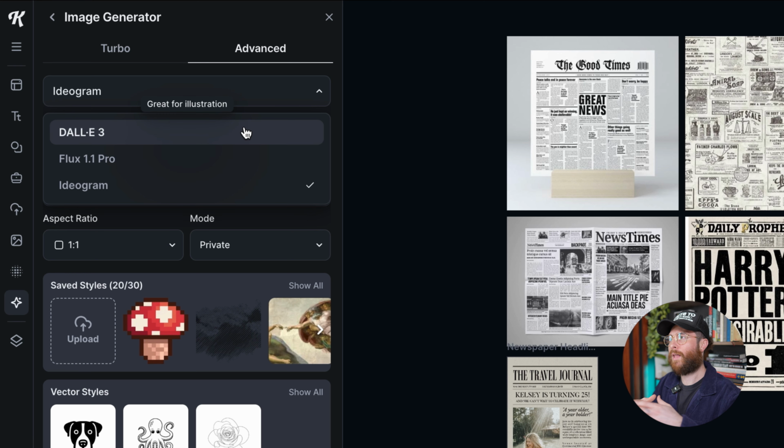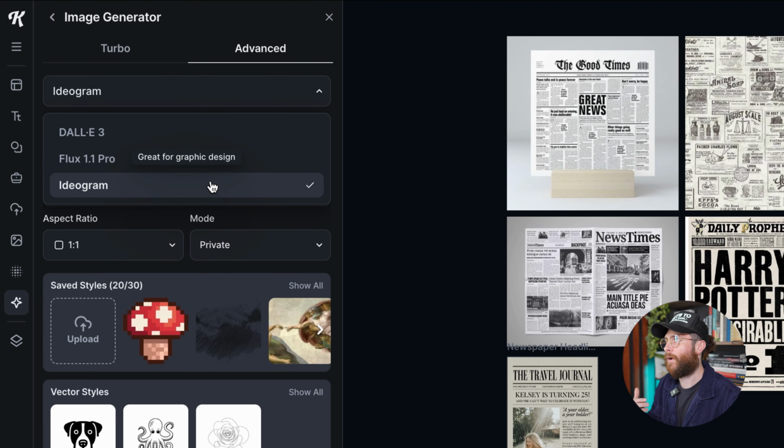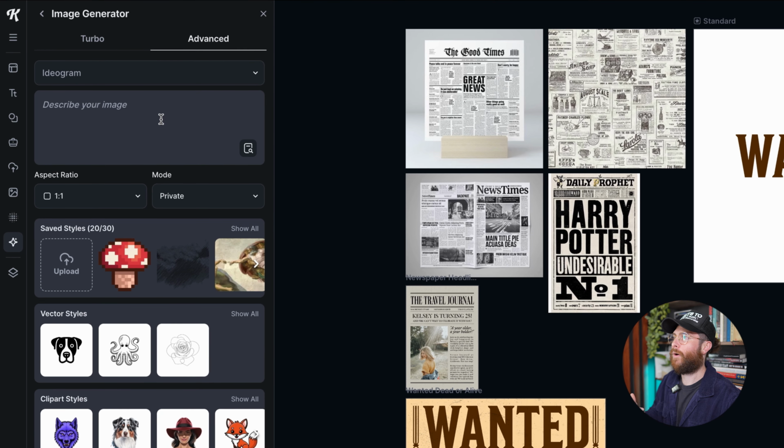DALL-E 3 is a lot better for illustrations, elements, things like that you need to generate. Flux is a lot better for photography, more realistic or photorealistic or hyper-realistic type of stuff. And then Ideogram is great for graphic design. They champion themselves as an AI tool that will help you get very intense, well done, well thought out graphic design. And so I'm gonna keep it on that one,